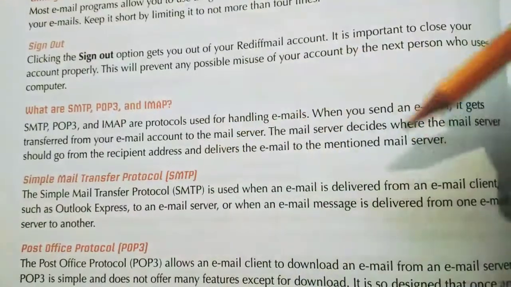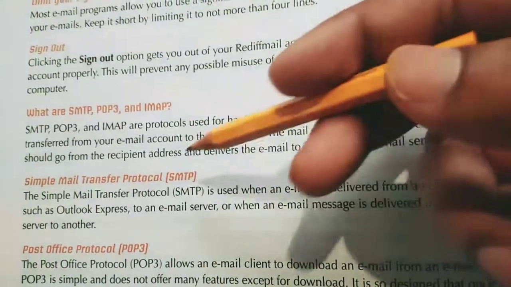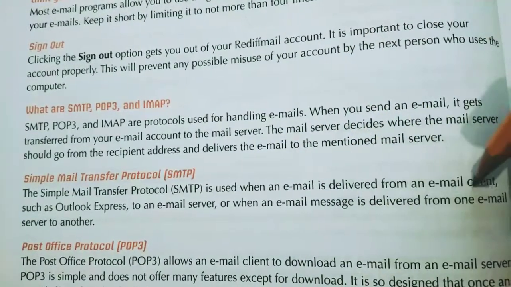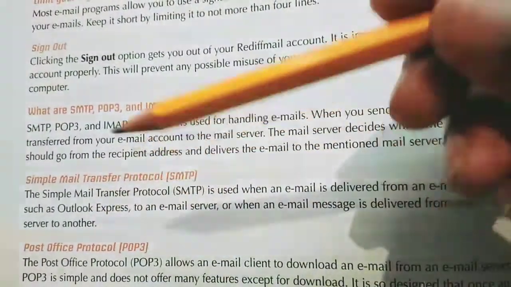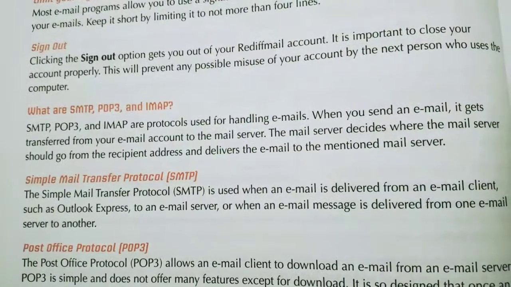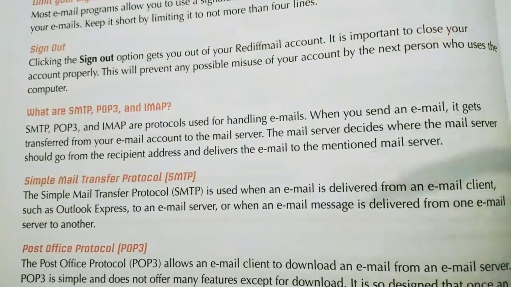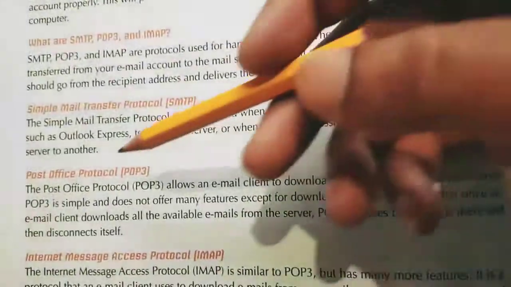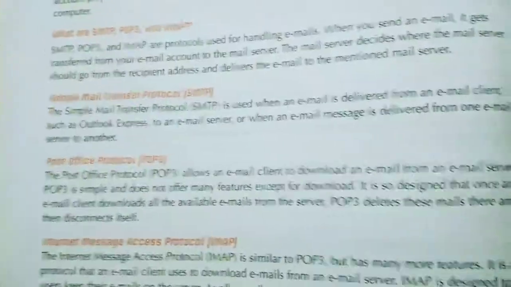You are the client sending to an email server, or when an email message is delivered from one email server to another. So the work of SMTP is to deliver the email from one server to another server. That's it.